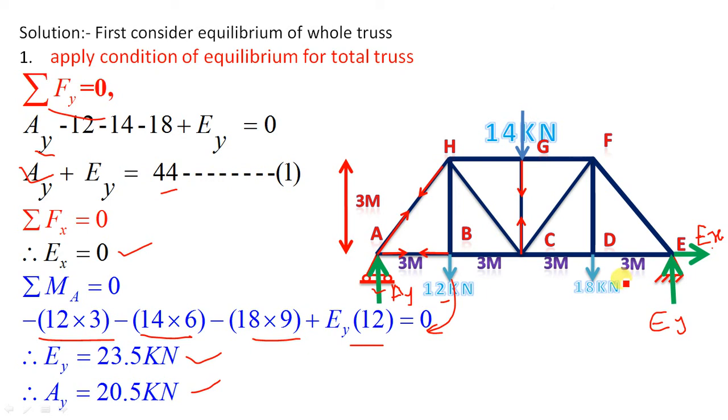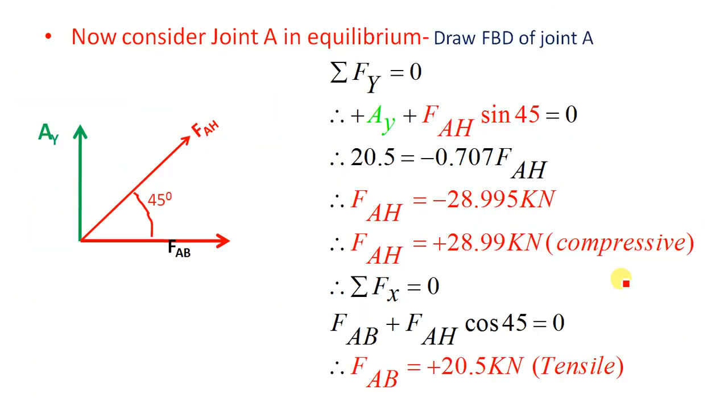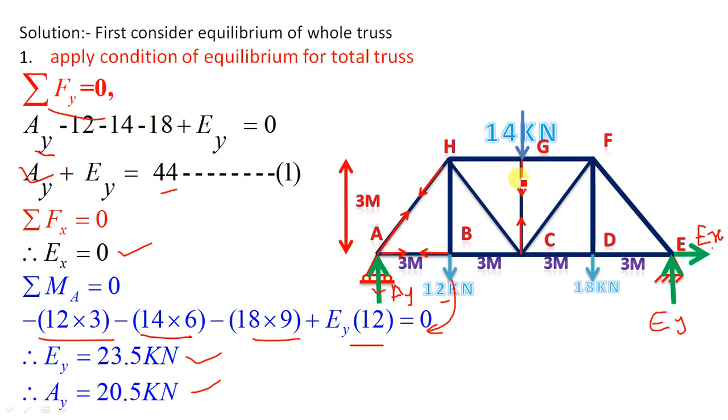So do you understand? The first step is to draw the free body diagram. Second step, find out the support reactions by replacing the supports by their reactions. Third step, note down the forces in the members. Here I assume all the members are in tension. We have to find out forces in AH, AB and HC, which they have asked. Therefore I have assumed all forces are in tension.